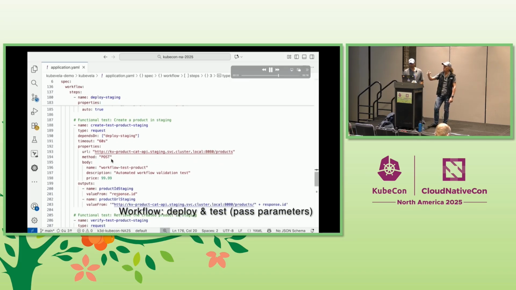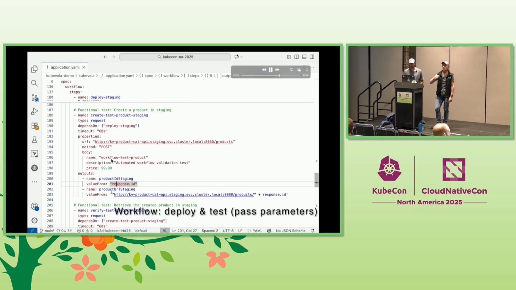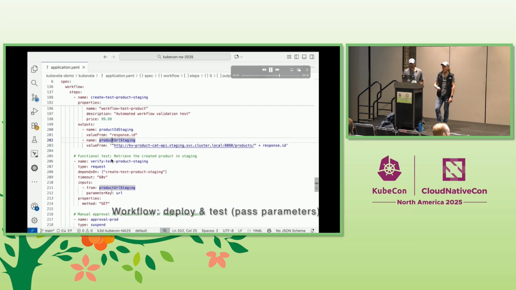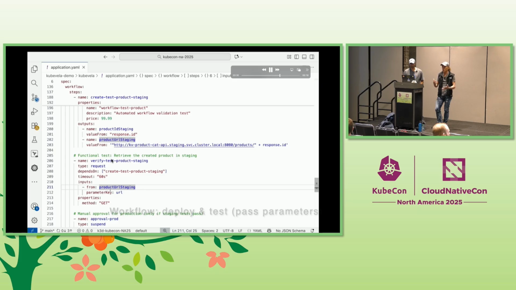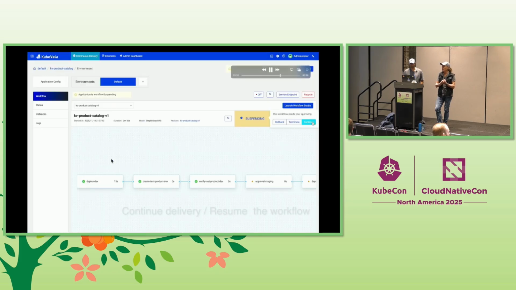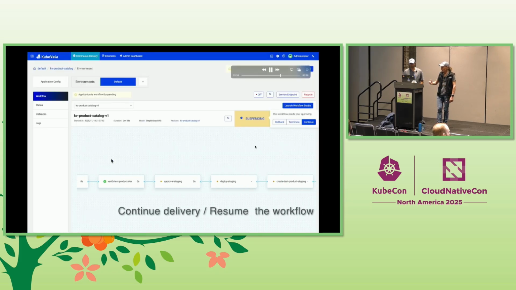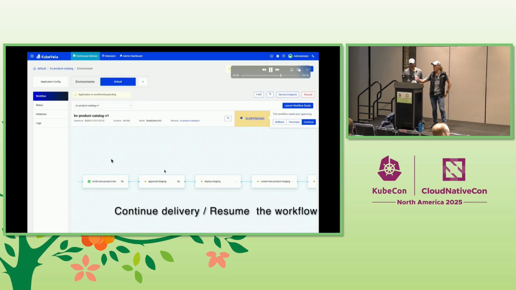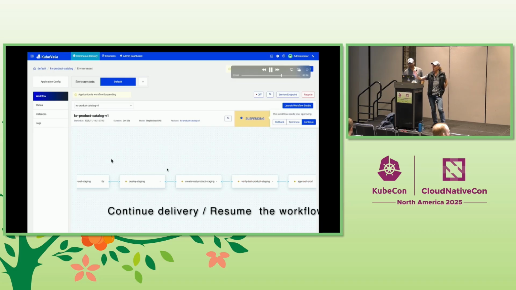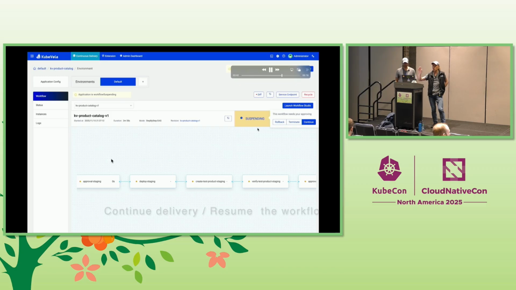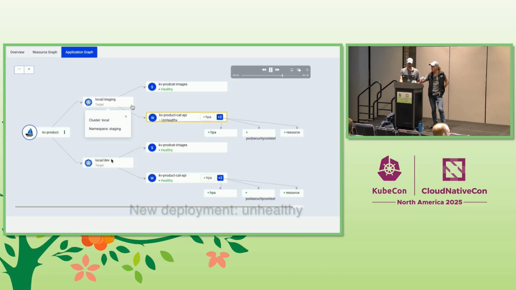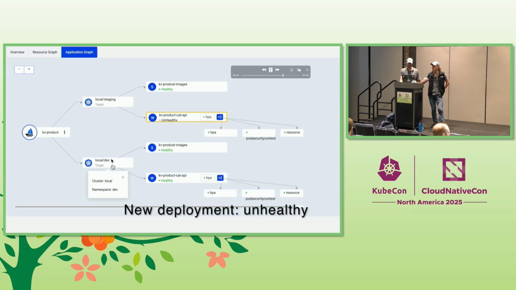And then here we are doing the same thing on staging. We will push to staging. We will also create a product, just to make sure that the application is ready. But as you can see right now, we were in a stage in the workflow where we said, before going to staging, I want a manual approval. And so here we approve it, and so now it's deploying to